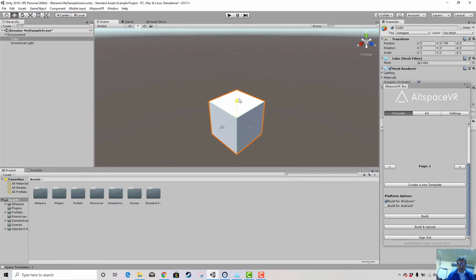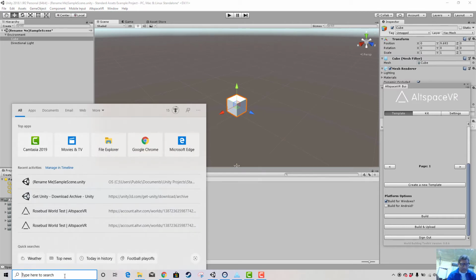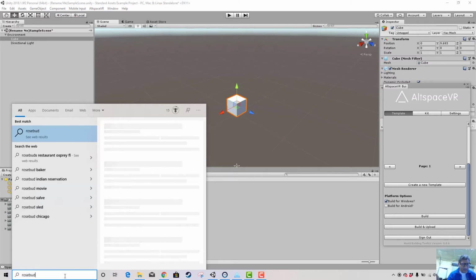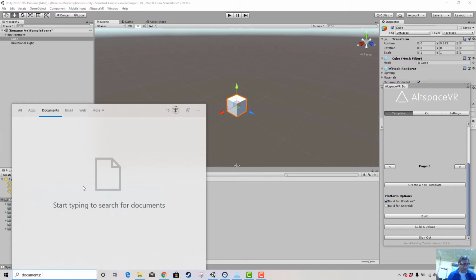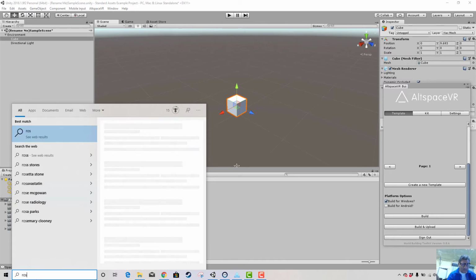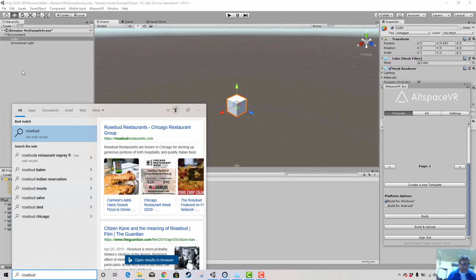So I uploaded a cube, and what I really want to do is try and upload Rosebud. But to do that, I've got to find where I created Rosebud, which would be under, let me see, no, it's not going to be in there. It'll be in documents. So Rosebud in documents,